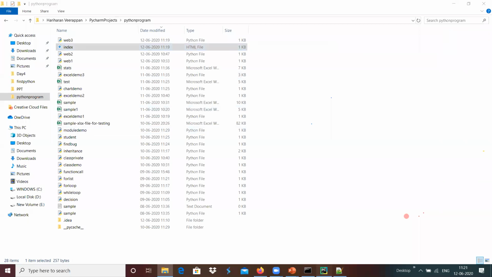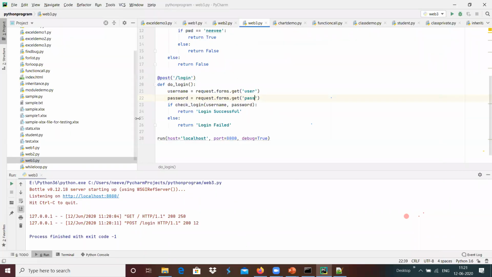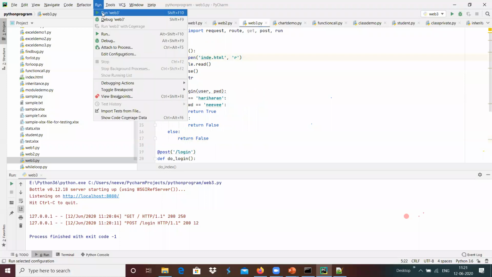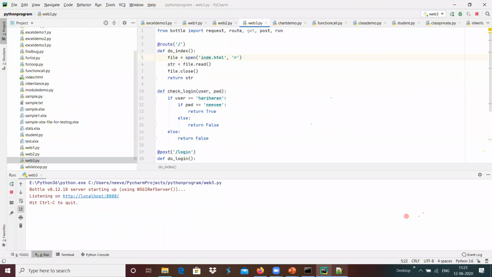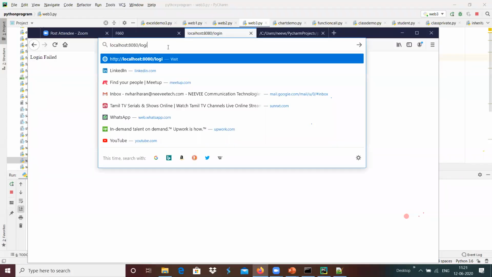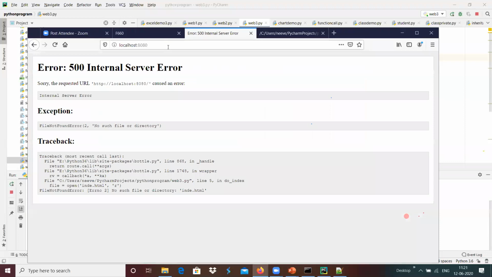Suppose I have mistakenly given something like inday.html. Then what happens whenever we run this and generate the request from here is that an exception is raised, and a file not found error has been thrown basically over here.